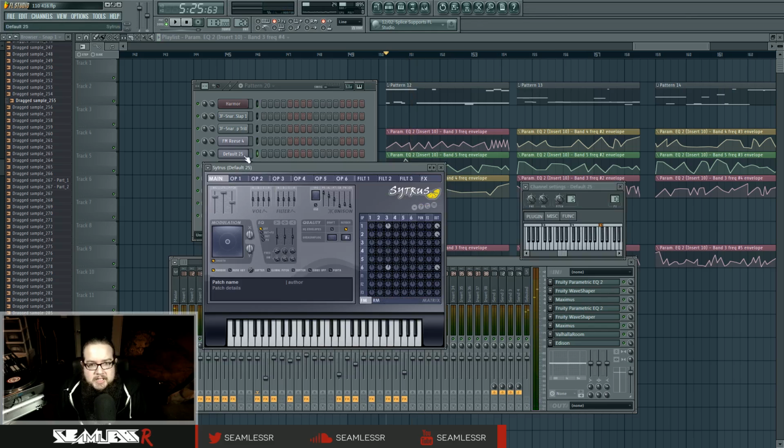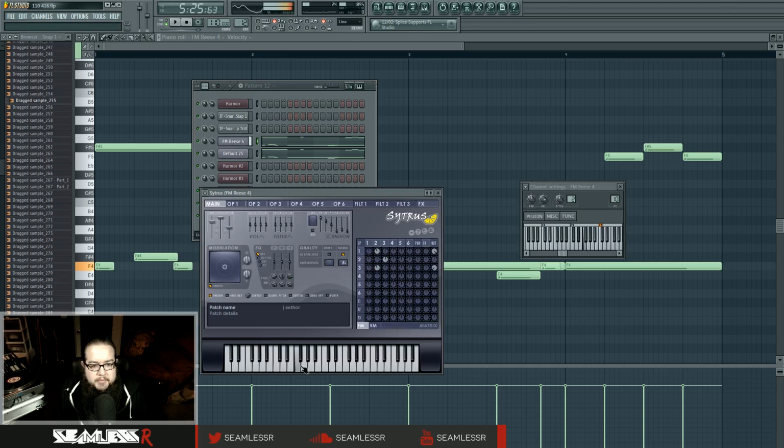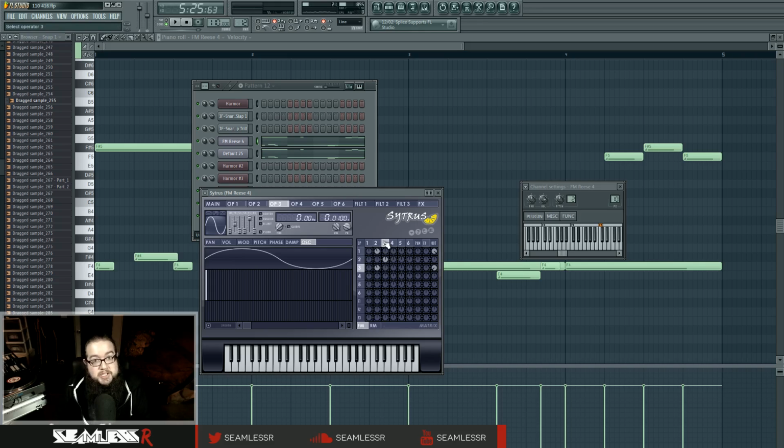So I appear to have a layer of 2 things. I'm not totally sure why I did that. So I have some FM going on here, and this is actually pretty standard FM. This is a saw FMing another saw, which does interesting things. And then that second saw is being modulated by a third, and this third one is going out as well because it's a different pitch. You can see it's very low pitch. It's modulating the pitch of the second one, and because that second one is changing in pitch, it creates a Reese